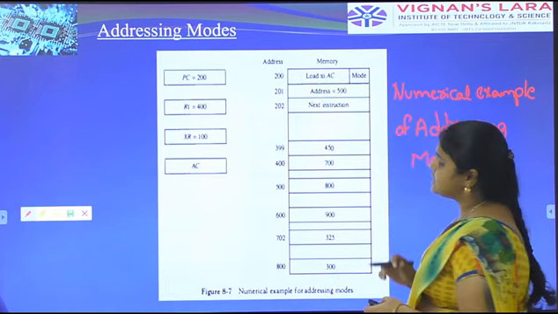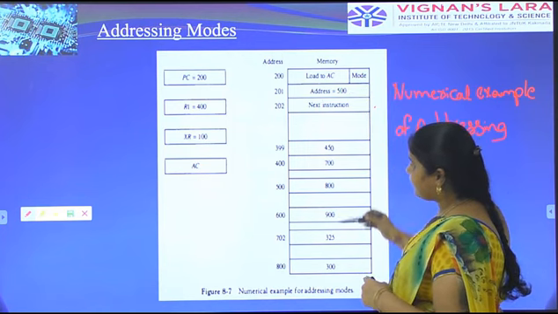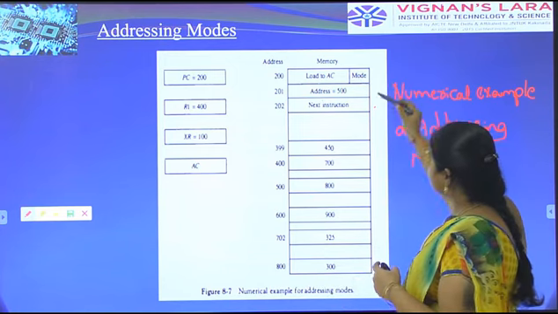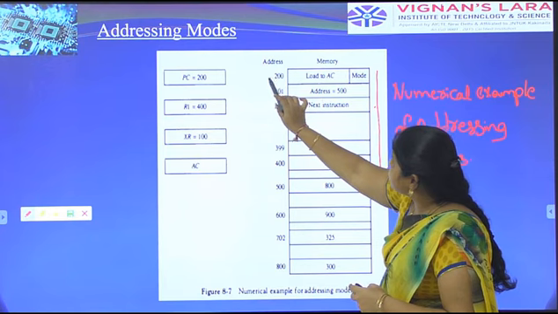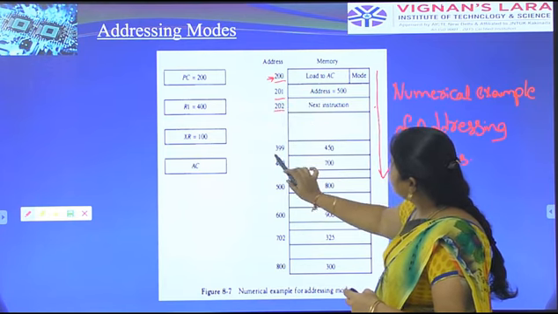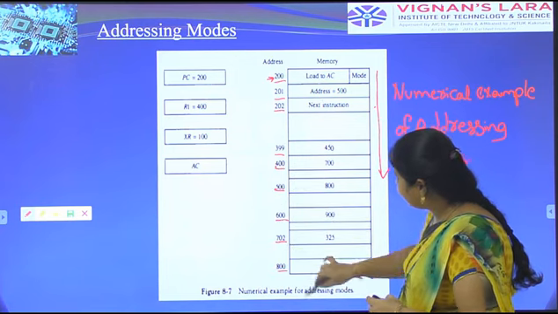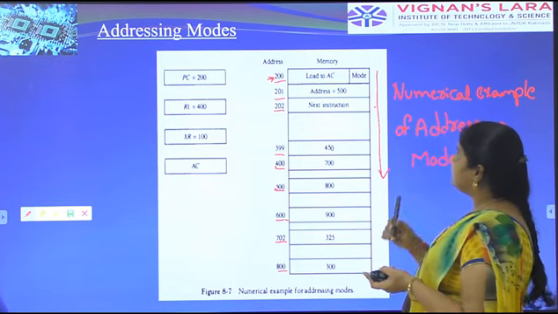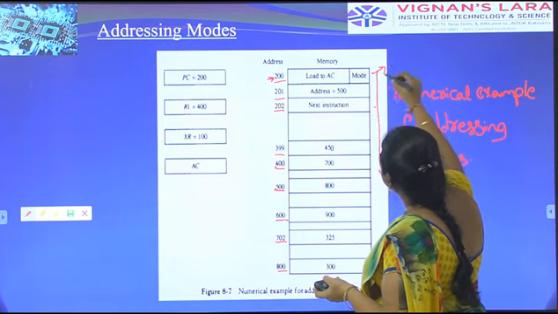This is a numerical example of the addressing modes. This diagram we have already seen in earlier classes. This is a type of instruction format where this is the address of the registers: 200, 201, 202 and so on, 399, 400, 500, 600, 702, 800. These are the addresses of that register. In that address, 200, it is available for the